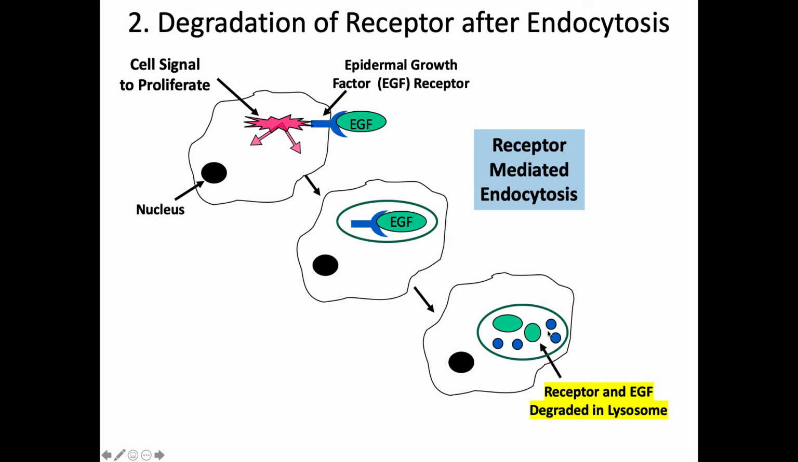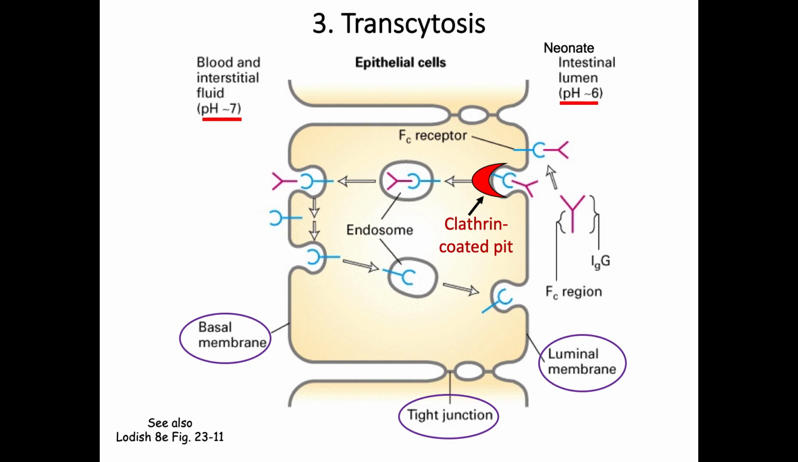The receptor as well as the ligand both are degraded. So this is another example of that, because after the signal is passed, you do not need that signal anymore, so it will be recycled. Here is another, the last one, called transcytosis, and this happens particularly in newborn mammals across the